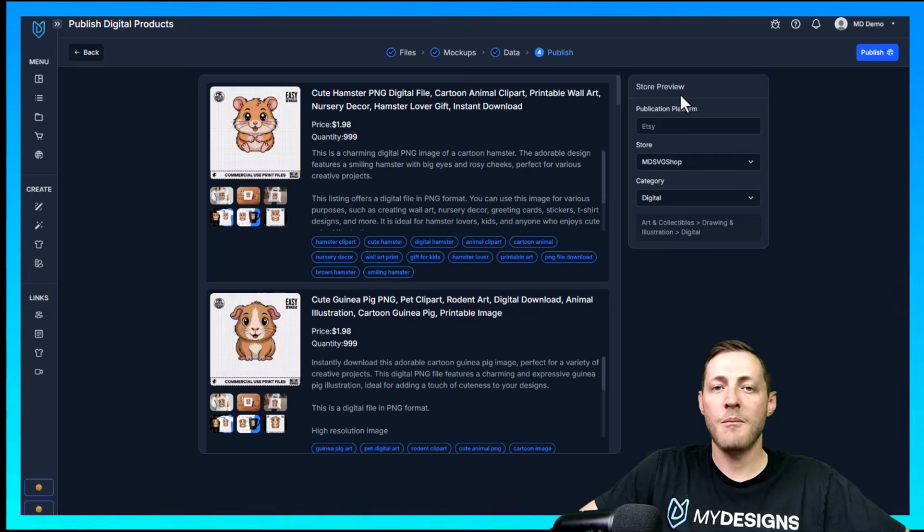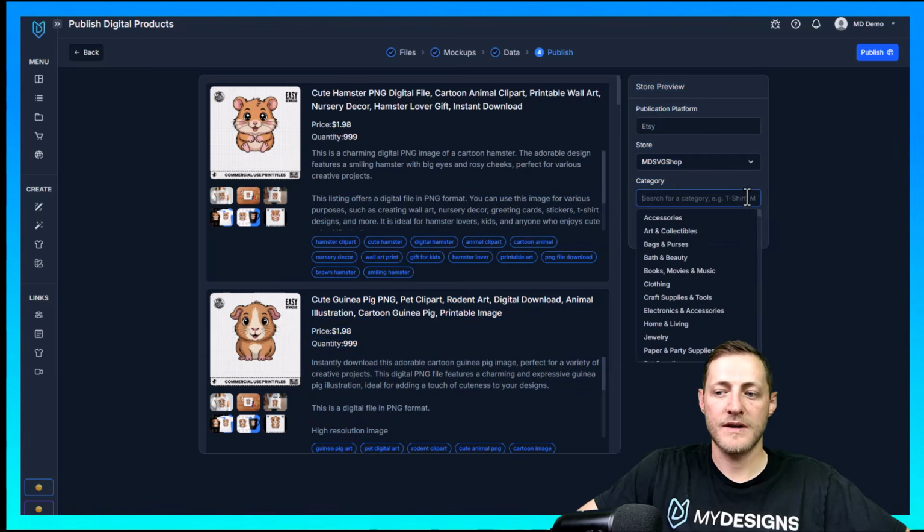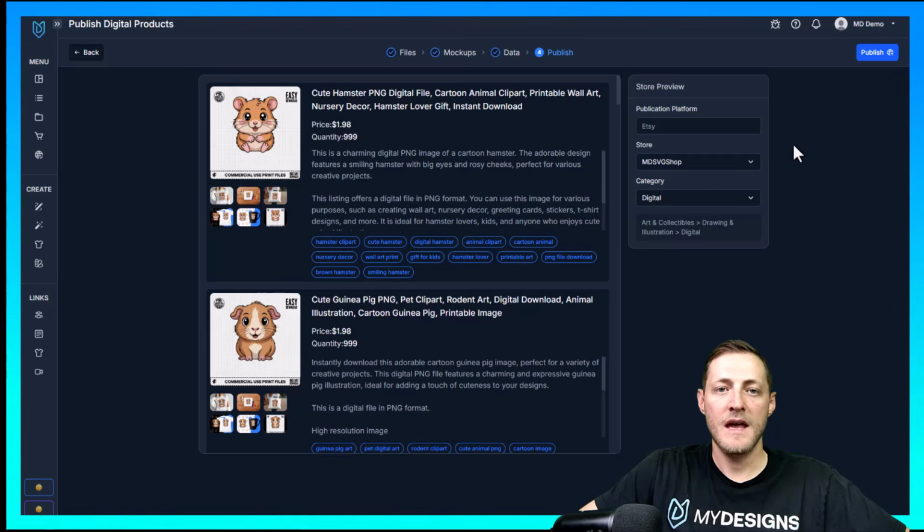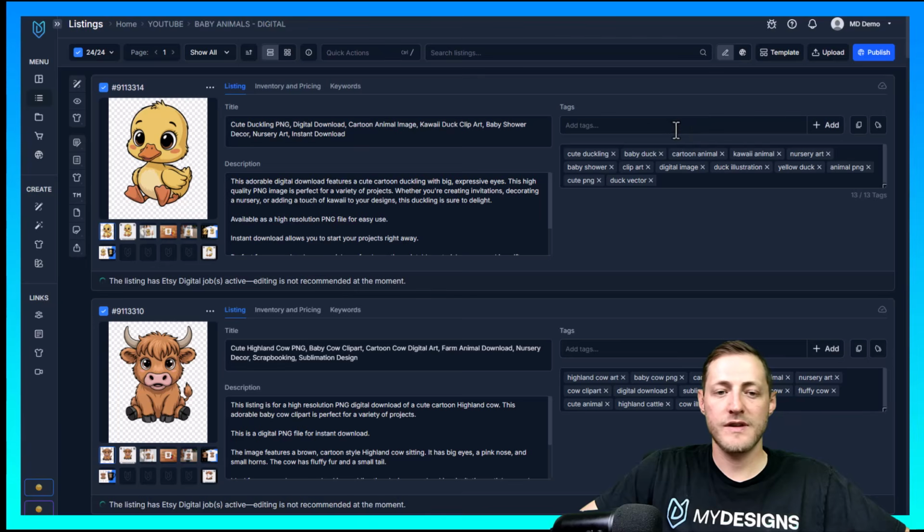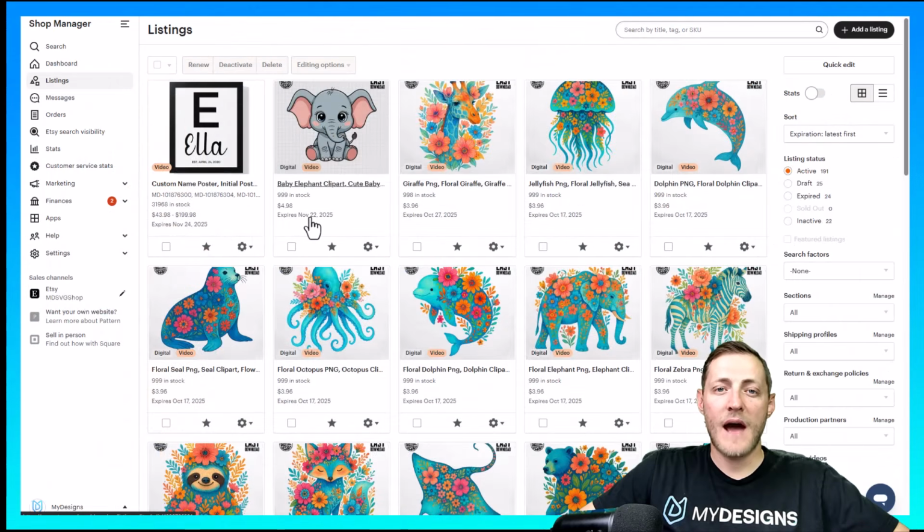Over here, if you have multiple shops connected and you wanted to publish to a different shop, you could just select it here on the drop down. And then the category is by default digital, but you can change that here as well if you'd like. So now all we have to do is click publish, which I'm going to do. This usually takes about 2 minutes, and then I'll jump over to our Etsy shop and show you what these listings look like there. All right, we're now over on our Etsy shop, and this is just a test shop